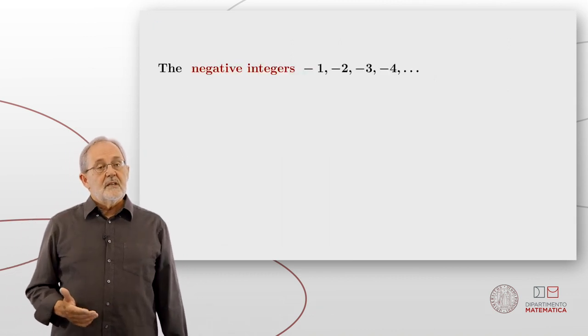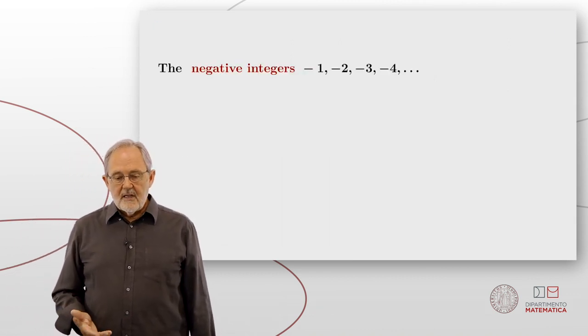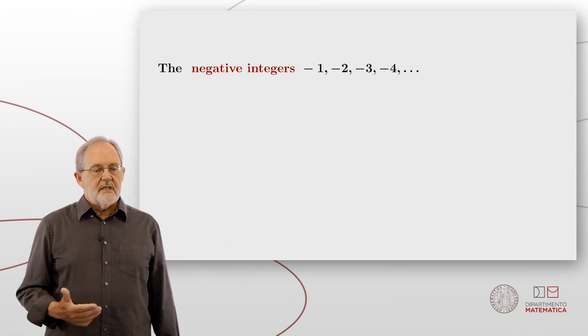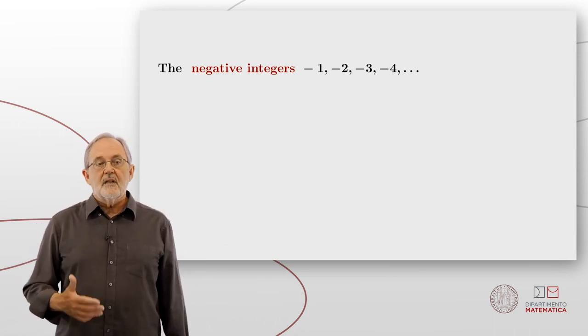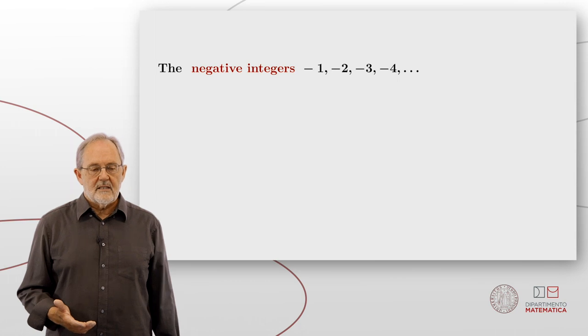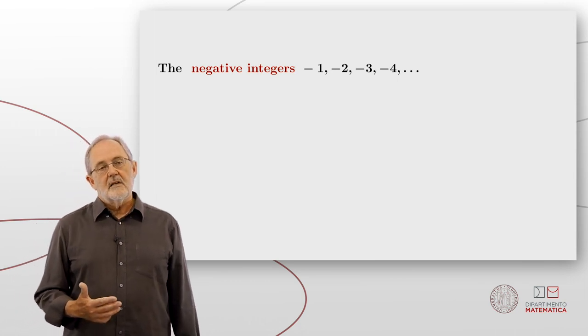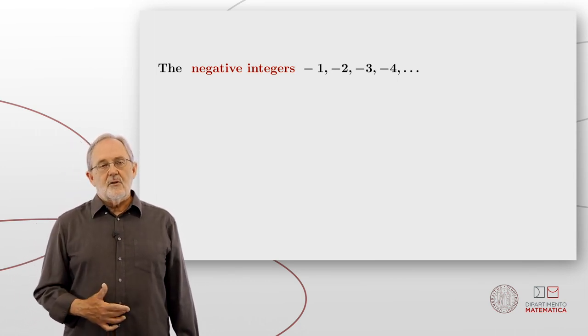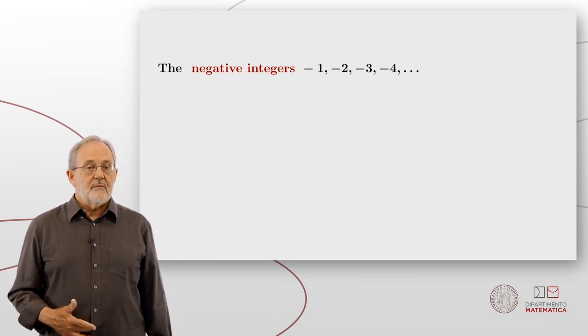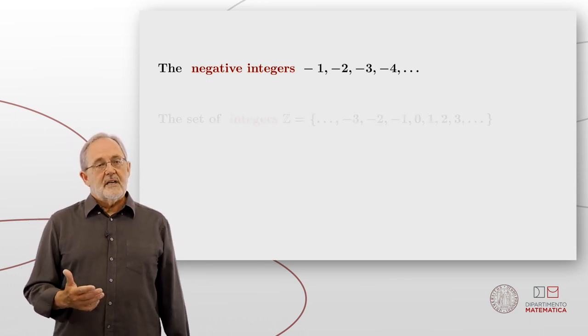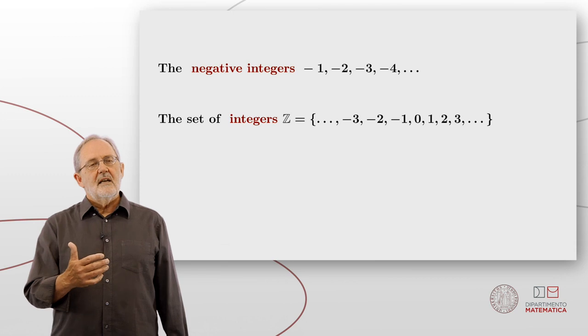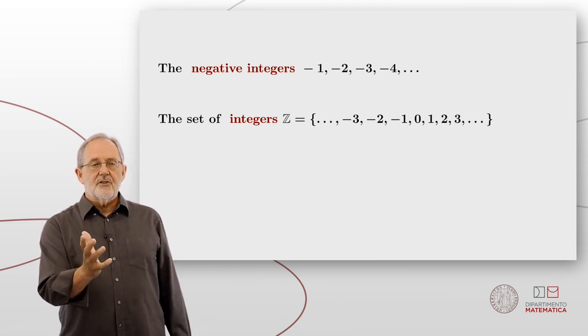Another type of number we need is the negative integers. In our modern era, it's probably easier to imagine negative numbers than it was in the distant past. Anyone who has a credit card or a bank balance knows all too well that numbers can be negative. Another type of number we wish to introduce then, a class of numbers, is the integers, Z.